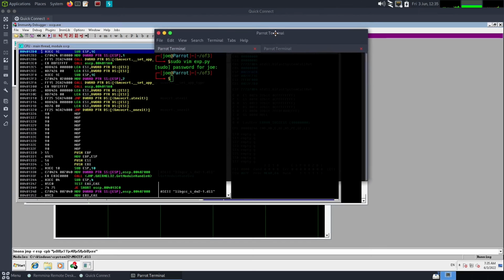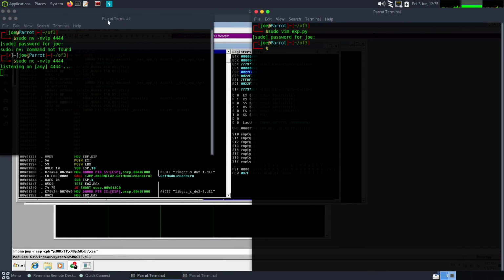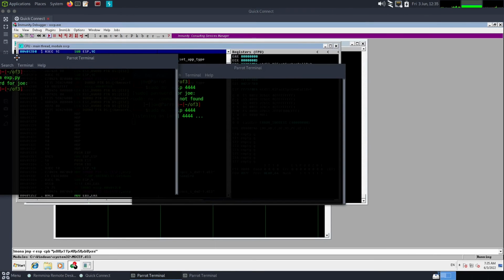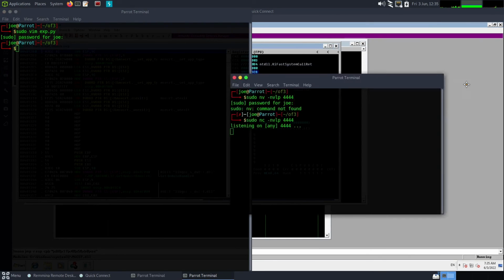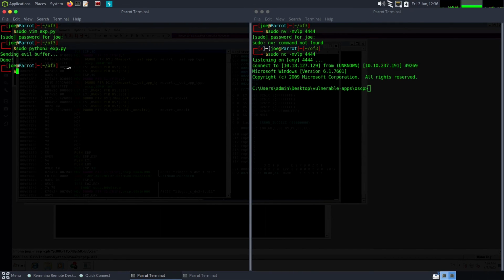But let's split these windows. One over here, one over here, or maybe the other way around. Yes, I'm intentionally wasting time. Okay, right, here we go. So we're just going to do sudo python3 exp.py. Oh my word, didn't expect that to work, but as you can see, we have